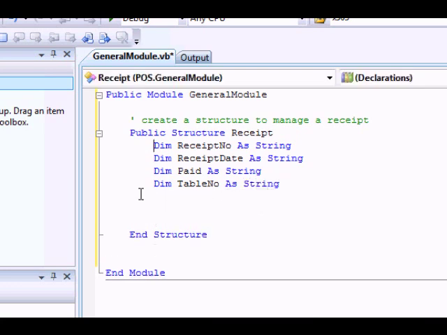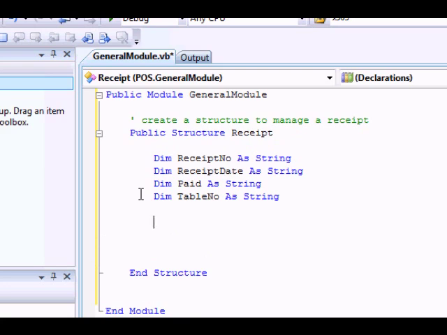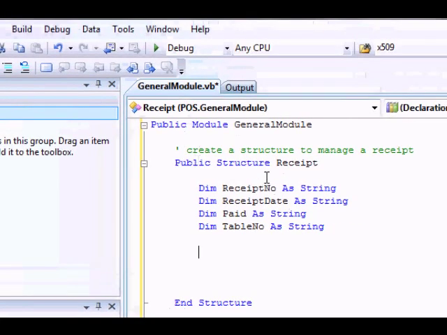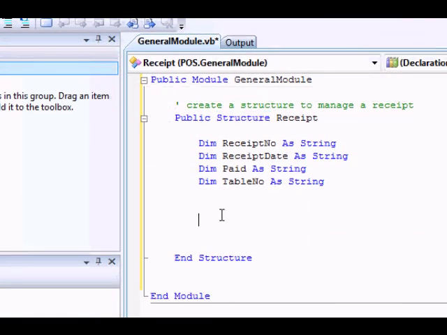Okay, so these are the basic values, and a structure could be treated almost like a class. I think I can change this to class right away. Never mind, leave it as it is. So we want to add a number of methods. The first method is to